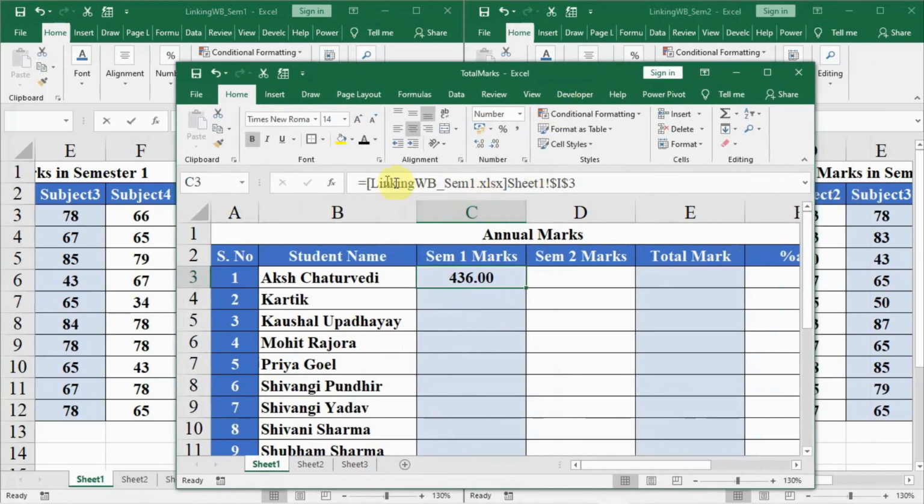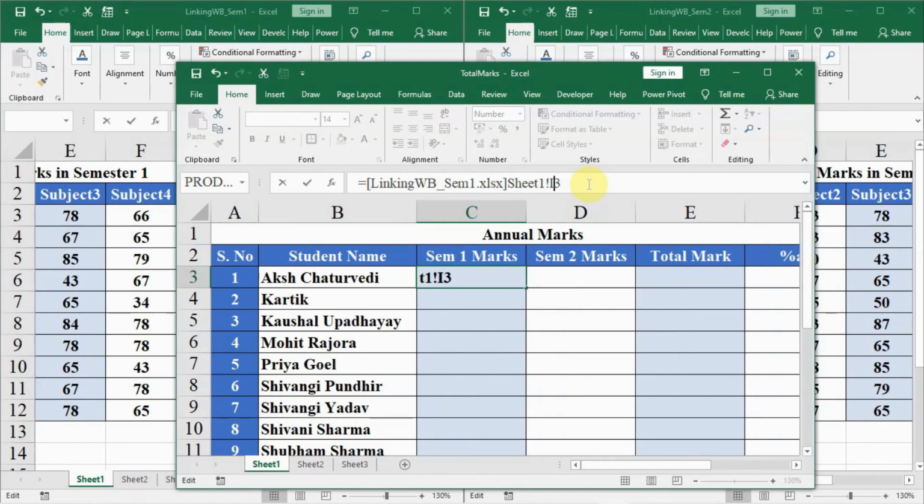Now on the formula bar you can see the formula that automatically comes up when you link those marks in this file. What you have to do here is delete these two dollar signs. These dollar signs are for absolute referencing. In a future lecture we are going to understand how referencing works.